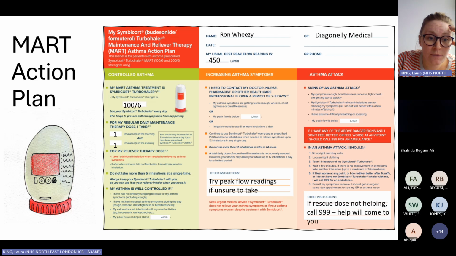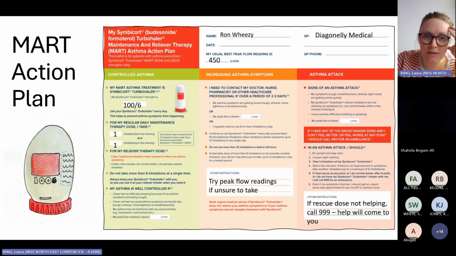I take one in the morning and one in the evening. And as I've said, there are dosage regimes that would go up to 2, or change to a 200/6. If they're amber, we've got niggling symptoms, we're maybe needing to use a rescue inhalation, one puff at a time. We've got up to 6, as I've said, of those in the day. And you can add in specific advice around what to do in that category.